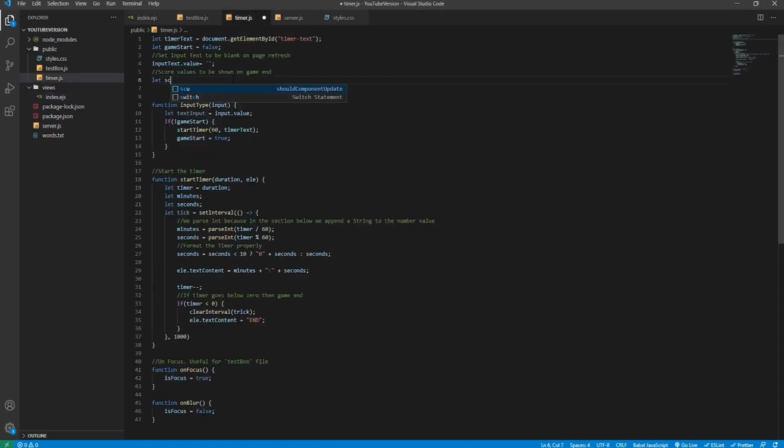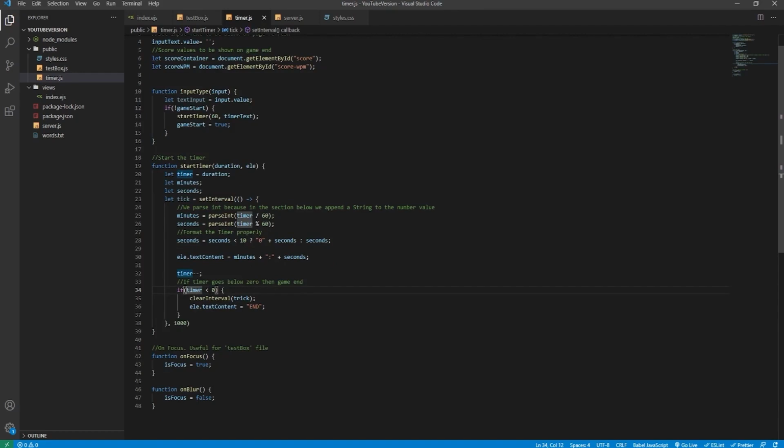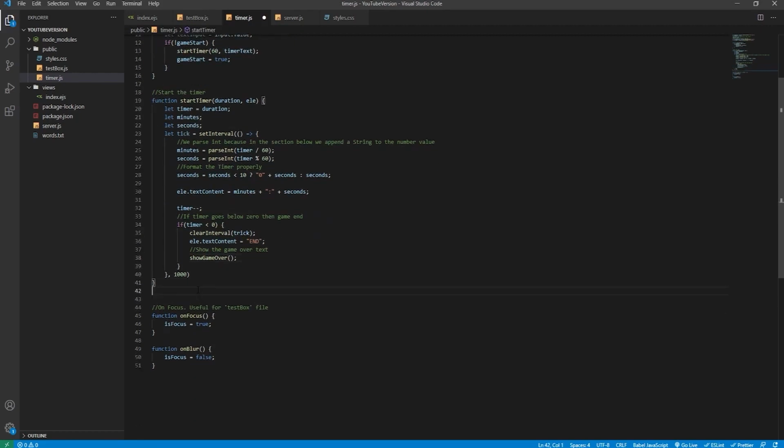So we'll say let score container equals document.getElementById, and that's score, and then we'll say let scoreWPM equals document.getElementById, and we'll say score words per minute, make sure it's spelled correctly. And then inside this if statement, so if time is less than 0, we will show the game over text, and we'll call this method that we need to create, showGameOver. We'll create that method here. So we'll just say function showGameOver,